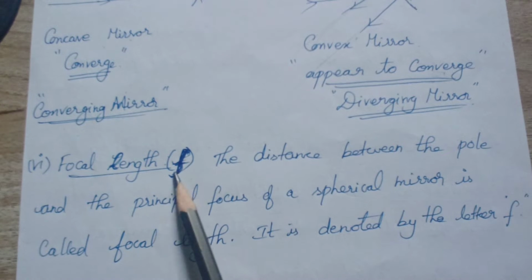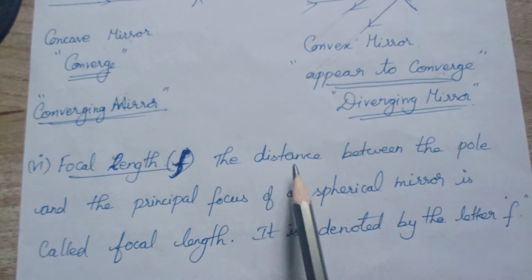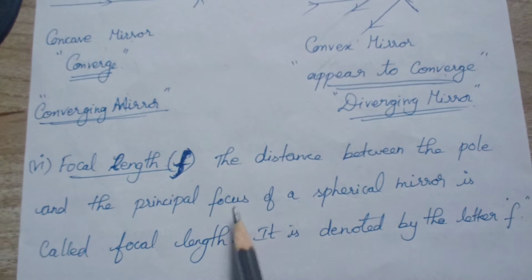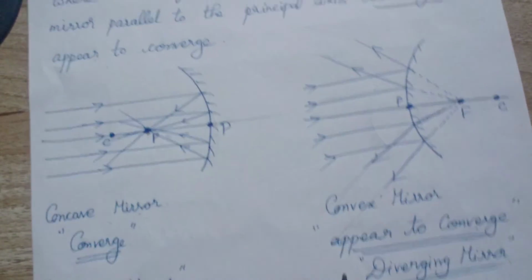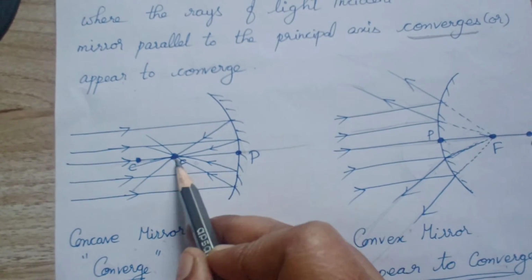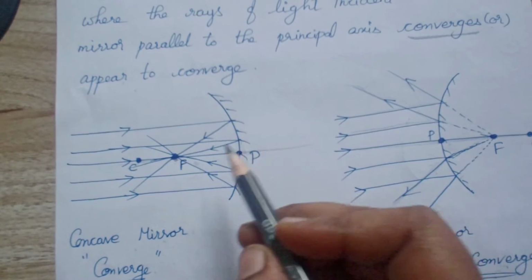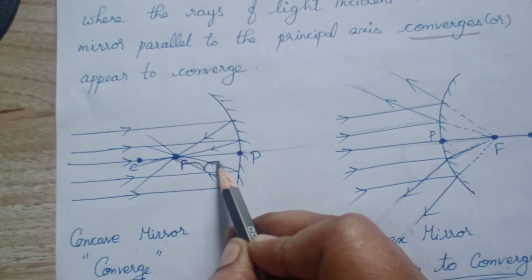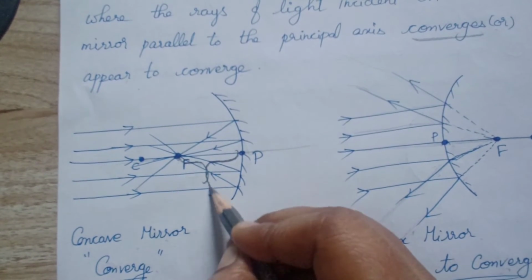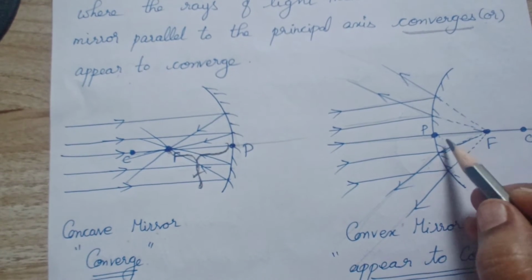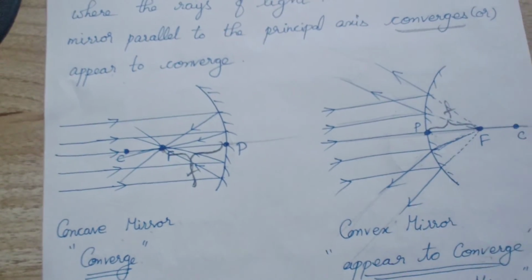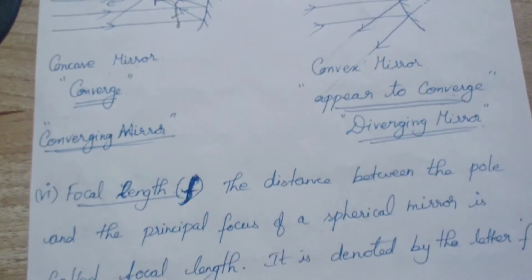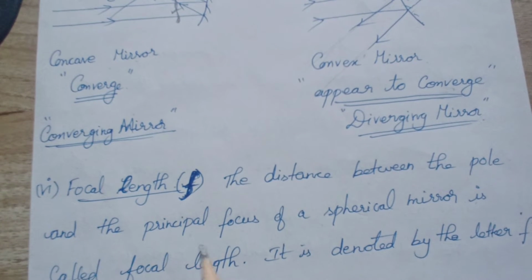This is denoted by small f. The distance between the pole and the principal focus of a spherical mirror is called focal length. It is denoted by a small f. See, this is the distance between the pole and the principal focus. So this distance is called focal length, small f. Clear on this? So I'll repeat, focal length is the distance between the pole and the principal focus of